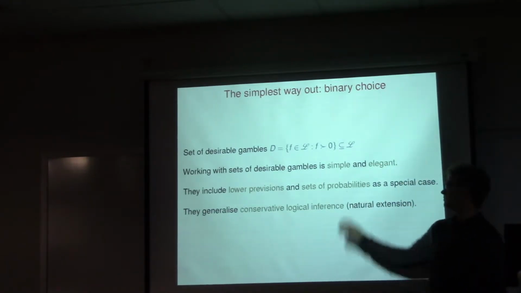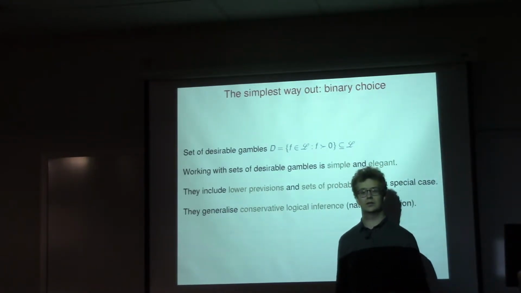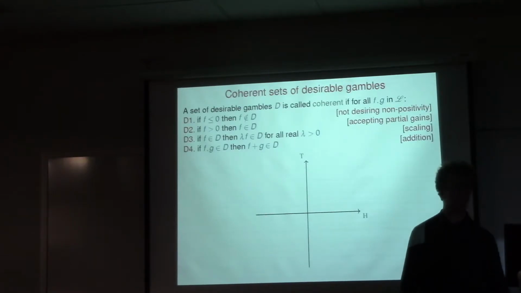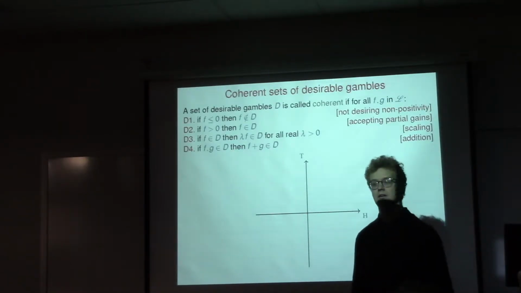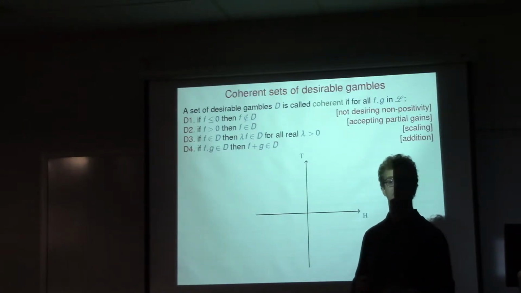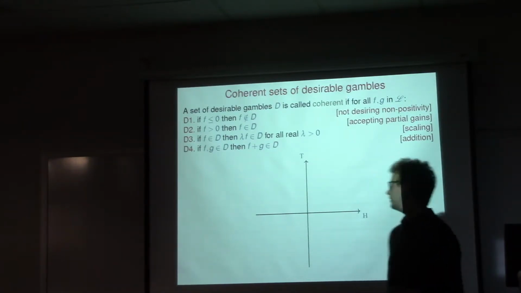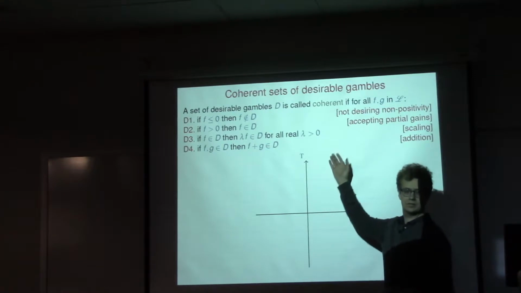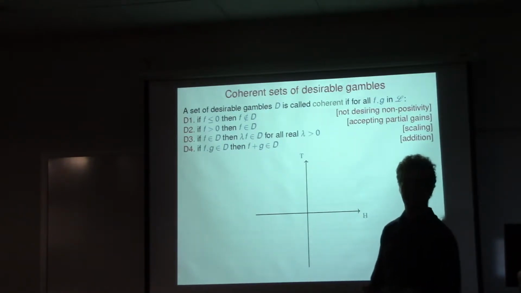But is every subset of gambles a good one? No. Only the coherent ones, the so-called coherent ones. You can think of this in very much the same vein as a coherent prevision for de Finetti. Here it's a coherent set of desirable gambles. It needs to satisfy 4 rationality requirements. The first one,